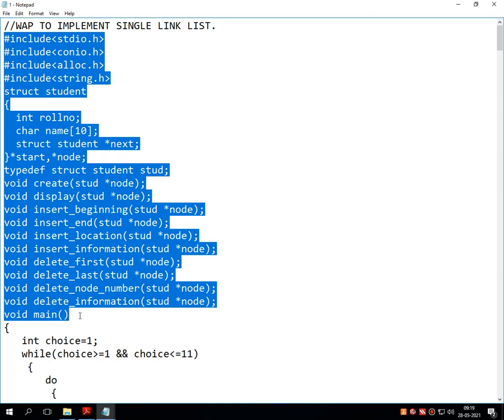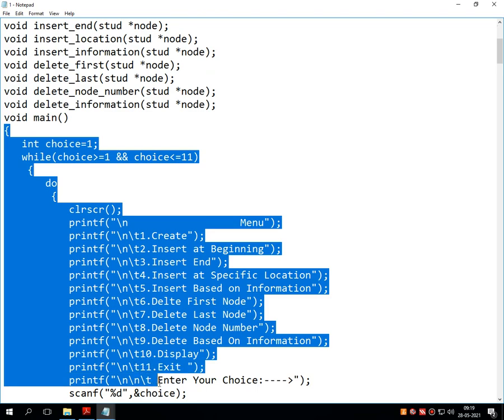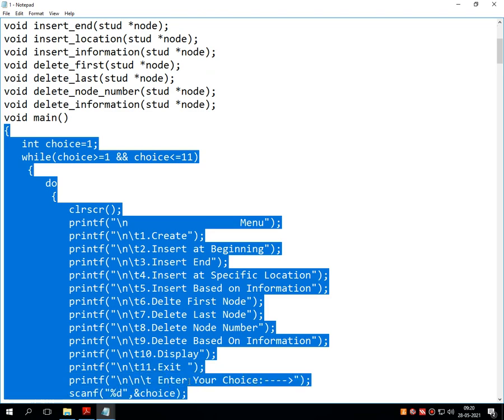Just pause your video and write down this selected line of code. Write everything properly in your journal. As this is a recorded lecture, you can pause it. I will move ahead. Again pause the video and write down this selected line of code.